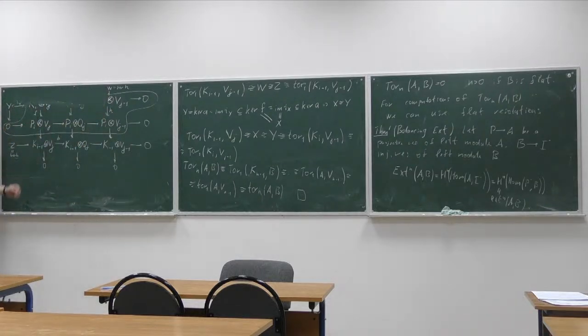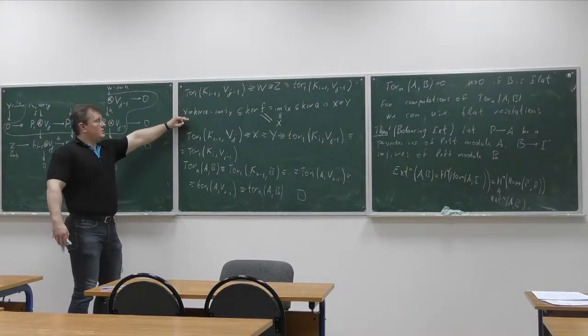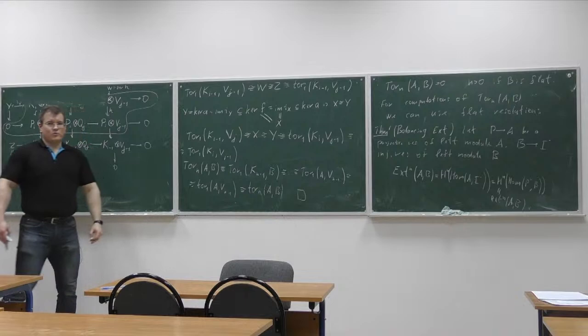I'm not going to give you the proof because the proof is more or less the same. You take the two resolutions, short exact sequences for these modules, and take Homs and use more or less the same arguments. A little bit more complicated for this part, because instead of kernels you're going to need to use cokernels, but more